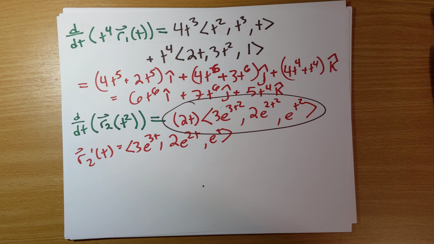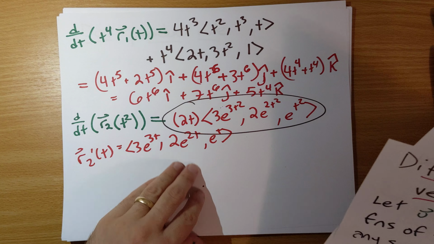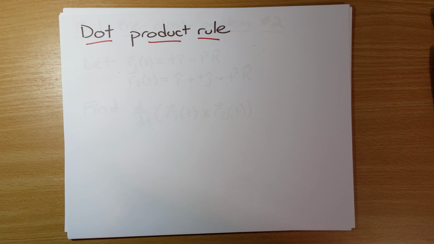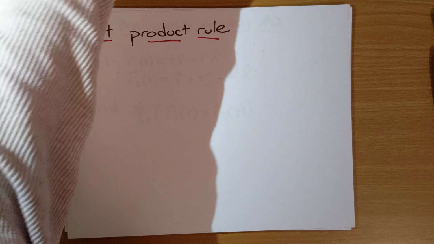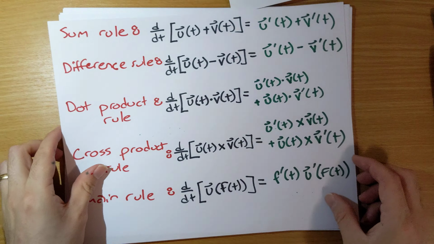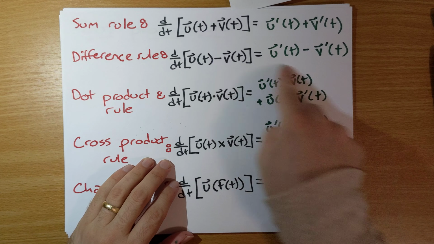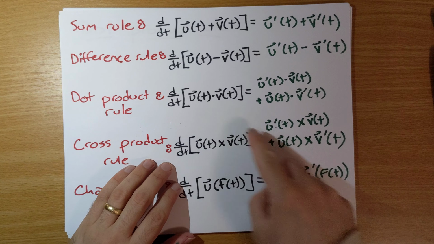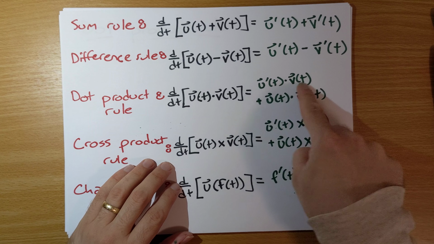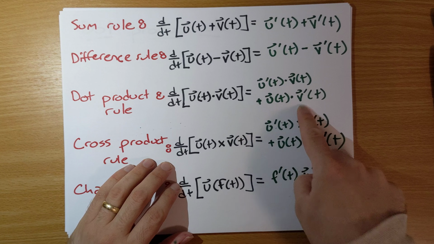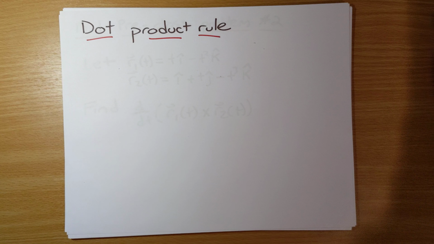Okay, so the second thing I want to do in this video is to prove the dot product rule. So once again, this is the rule here that we're looking for, the derivative of u of t dot v of t is u prime of t dot v of t plus u of t dot v prime of t. So how do we do this? So let's write out